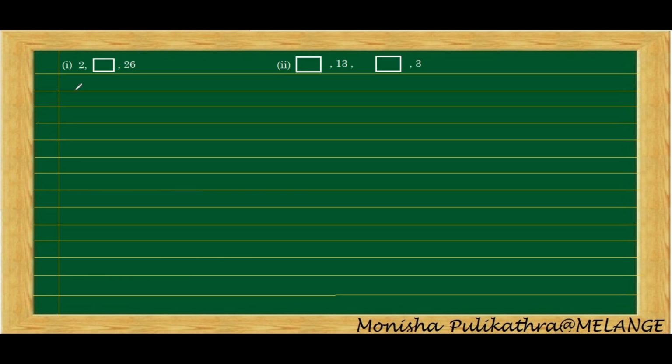Okay, let us move on to the first question. We need to find out the missing term in the first question. Okay, the solution part is here. We can see here there are 3 terms. This will be the first term, this is the second term which is missing, and this is the third term. By solving this we need to find out the middle term, that is the T2 term.